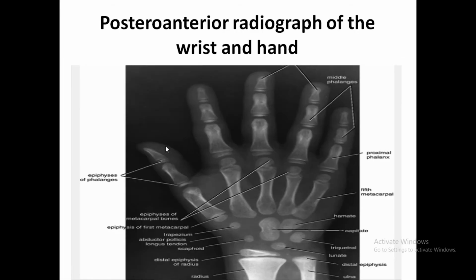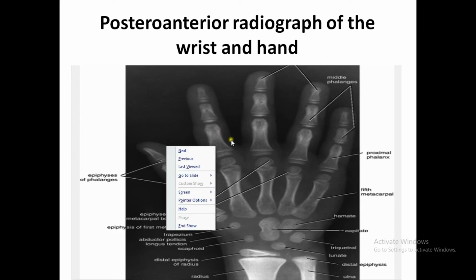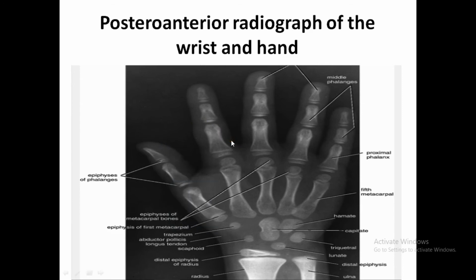This is the posterior-anterior radiograph of the wrist and the hand. Since it is the radiograph of a small boy, you could see the carpal bones dispersed. In the next figure, we could see the view of an adult, and you can see the difference